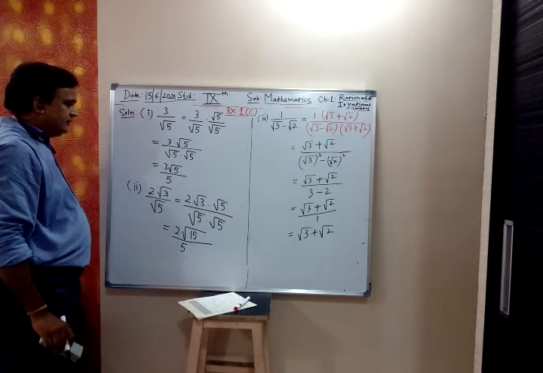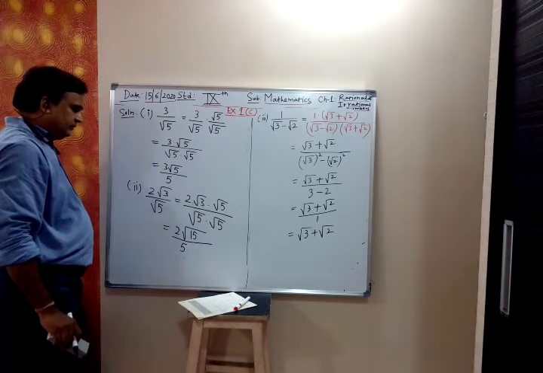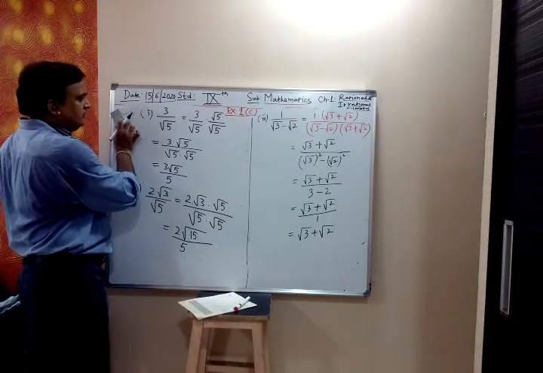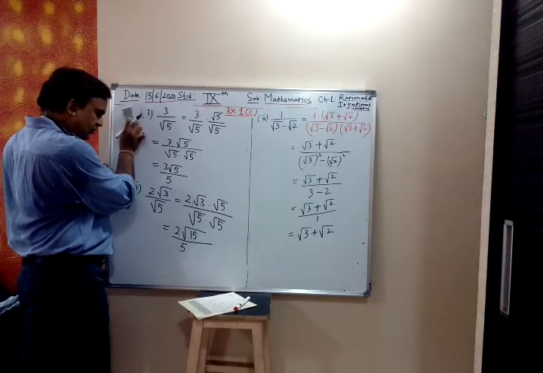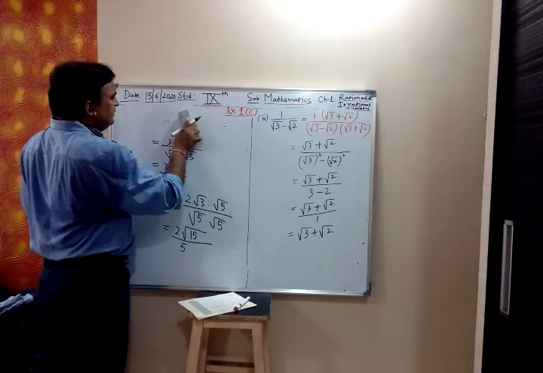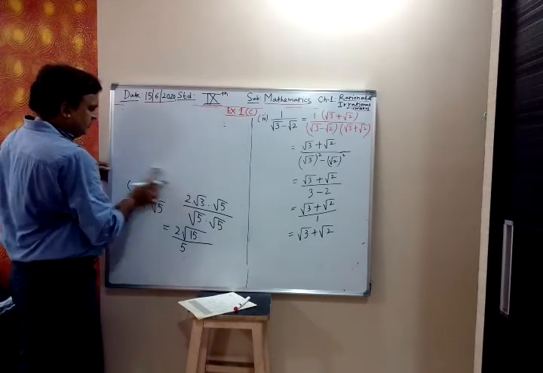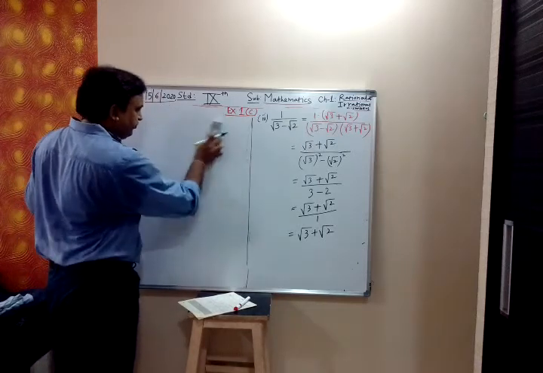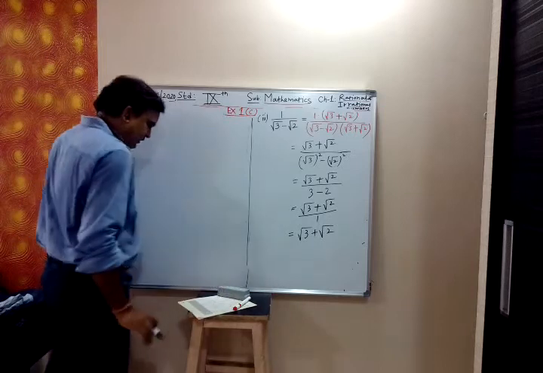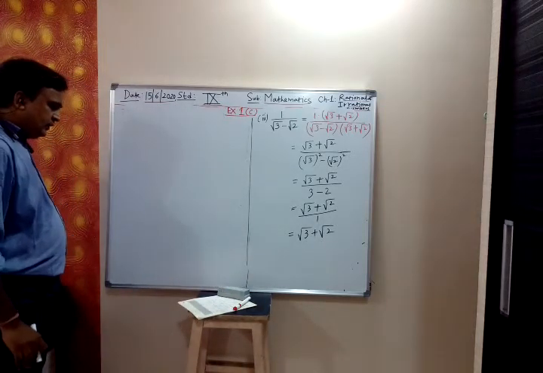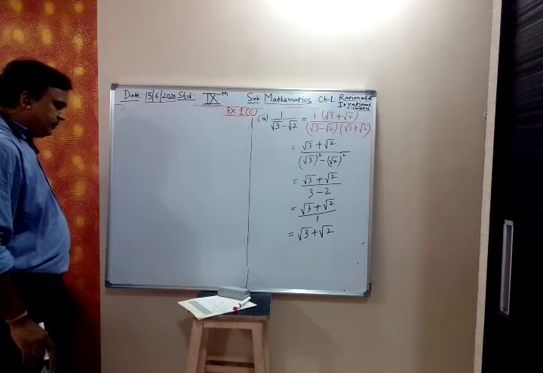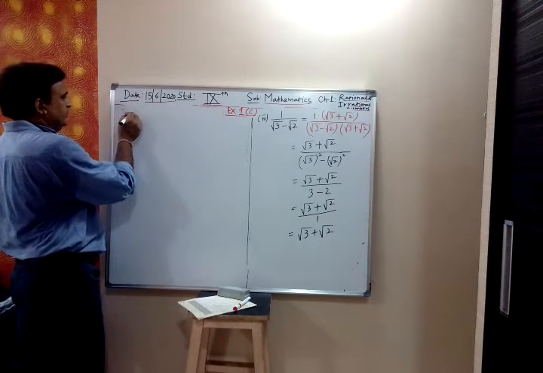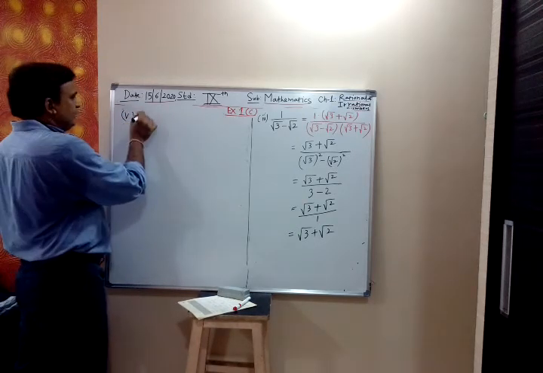First part is over, first, second. Which one? Fourth one. Fourth one I am going to give as homework. I am going to solve the fifth one. Fifth one: 2 minus root 3